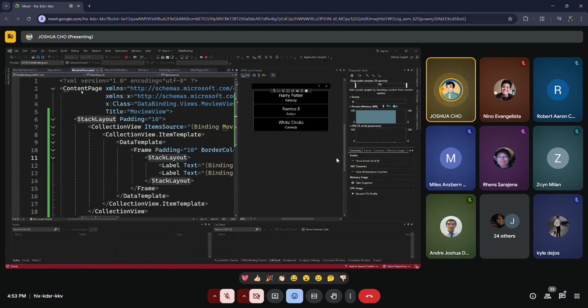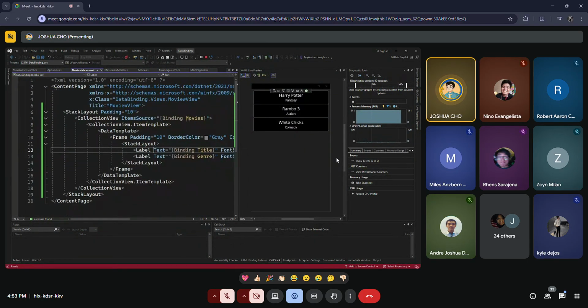So by populating the collection, automatically the data is bound in the UI. I mean the elements collection view movies and binding the title and the genre.